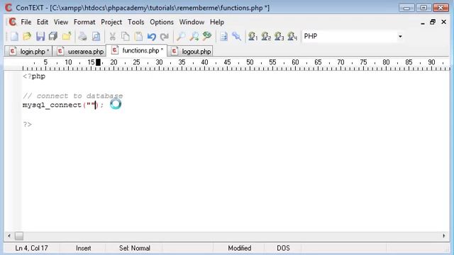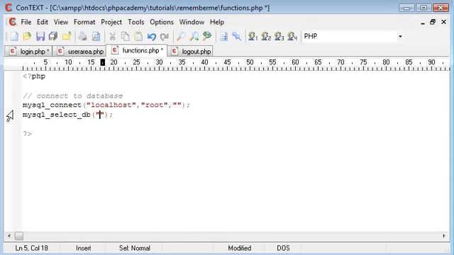And I'm sure you've done this a million times before. If not, I'll explain. The first parameter is the host, and I'm running on a local server on my computer, away from the world, pretty much firewalled. So I'm just using localhost. And the reason I said it's firewalled is because I have a root account, which is a default account, and I have no password. The next stage is to select a database, and we use this MySQL underscore select underscore